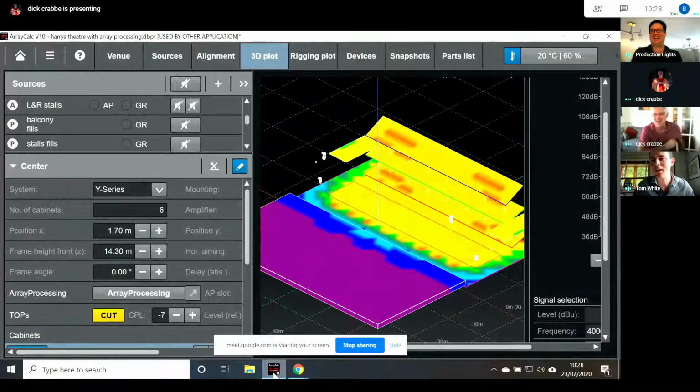Okay. So Dick, you would aim to have consistent, good quality on all seats. Yes, Harry's Theatre is, from a sound perspective, I think the first time I talked about it, I said I really wouldn't want to do a show there. It's very, very wide relative to its depth, which means that you can't put loudspeakers where you want them. But in a normal theatre, with this kind of programming, you ought to be able to get extremely good coverage